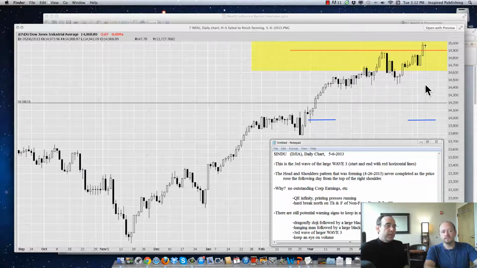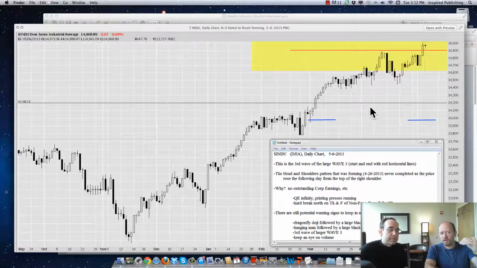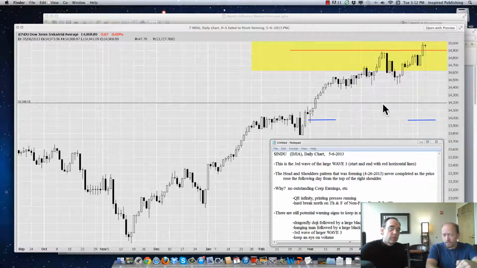Right. And I made a few notes here about this. Because, again, we could say that head and shoulders was invalid or it failed. Well, no, it didn't. Actually, technically, it never completed. It never actually formed a complete head and shoulders, so it didn't fail and it wasn't invalid. It just never completed. And just to clarify, in order to confirm a complete head and shoulders, it needed to come back down to the neckline.